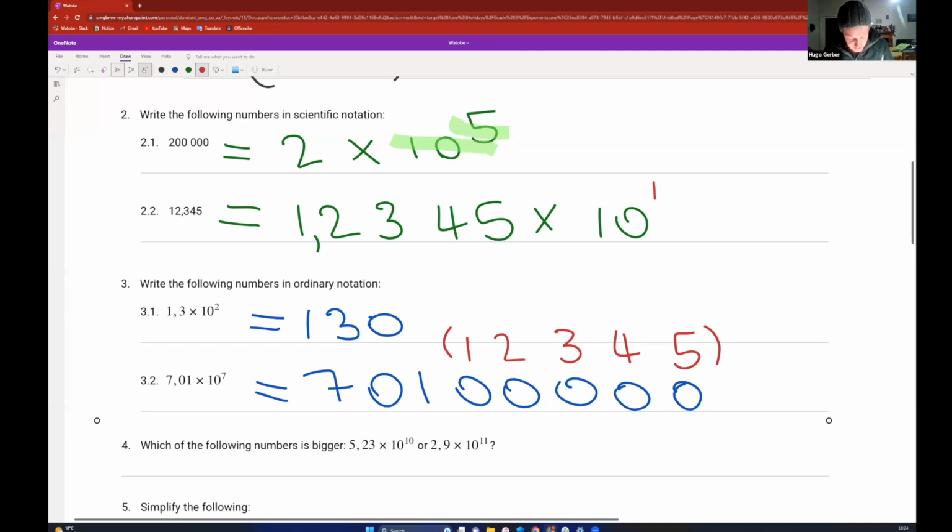I'm going to take my green and the comma was here and I had to move it 7 spaces. That's why I went 1, 2, 3, 4, 5, 6, 7. So I can put my comma here. It's not going to make a difference to the answer because comma 0 can just as well be left out. Does that look familiar or does it align with what you were taught? Well, sir, on 3.1, my answer, which I used the method from my school, was